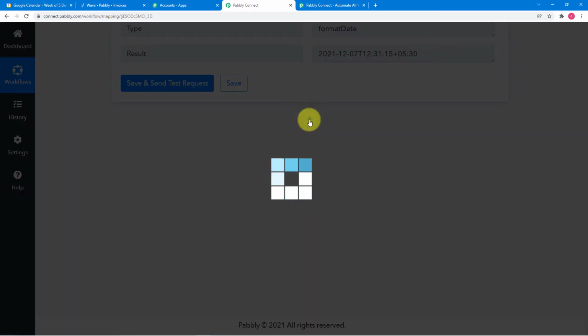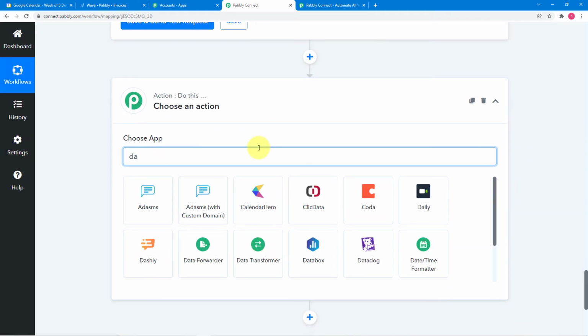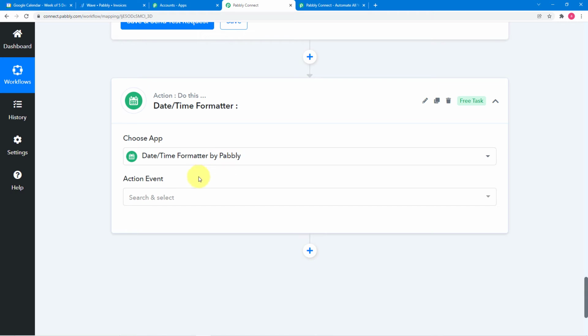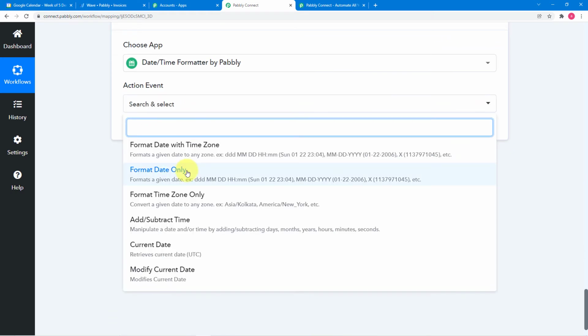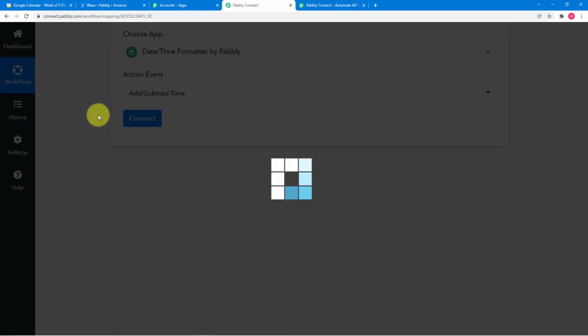Click here on this actions tab, and we are going to use the feature of date time formatter, another action event. Let me show you. This is date time formatter we have. Okay, and now in this action event, I am going to select this function add or subtract time. Okay. Now click on this connect button.